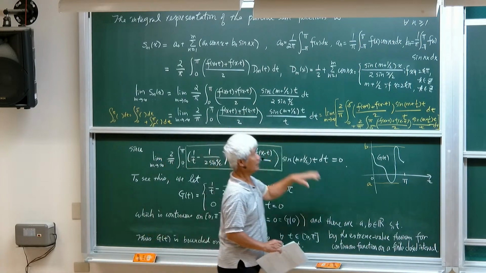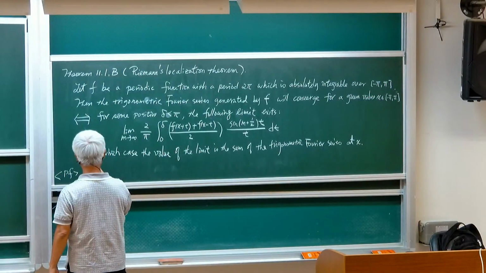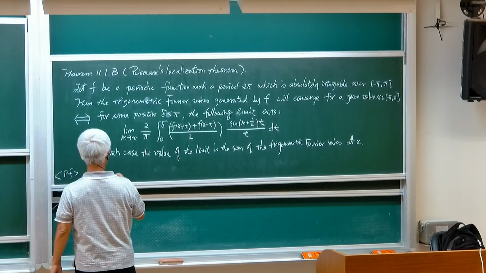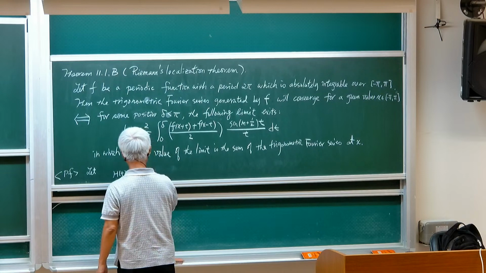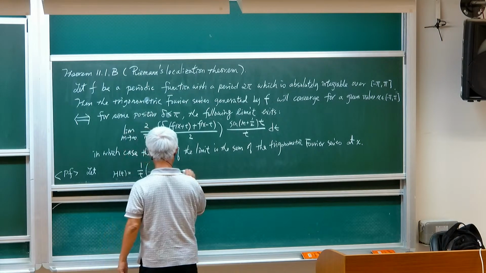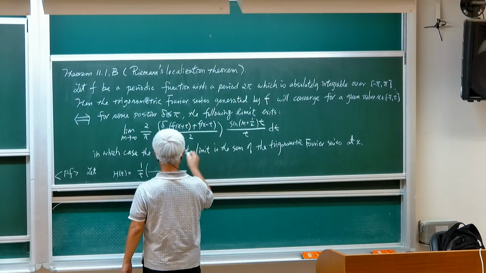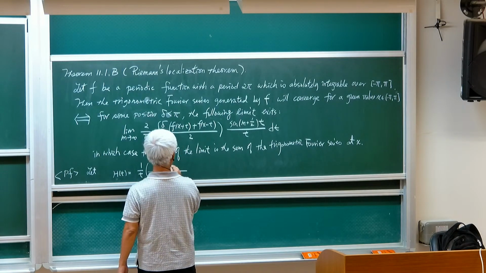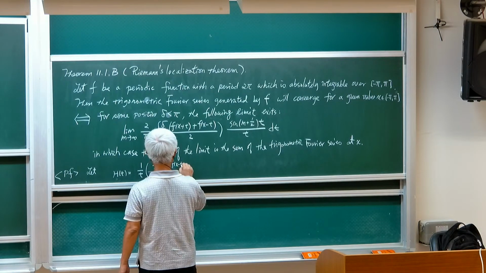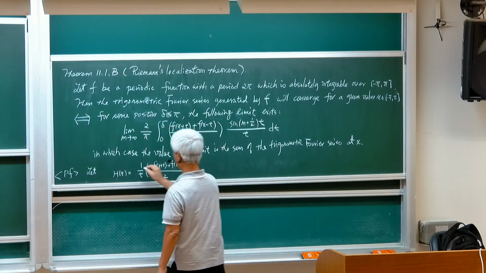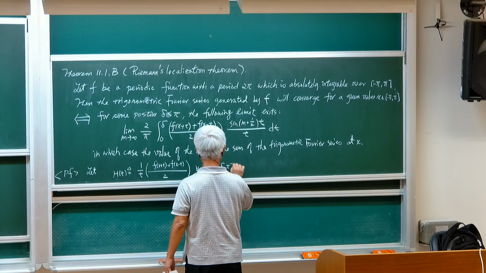Okay, and so before we show that, we let this term to be 1 over t. So f of x plus t plus f of x minus t. Okay, we define for all t in delta and pi. Okay,